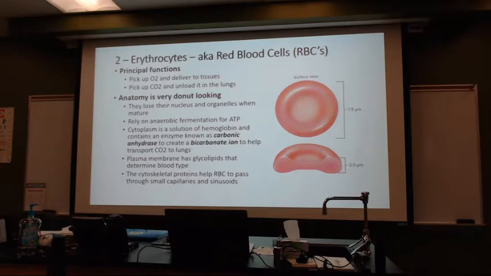All right? So once it spits it out, the job now is simply to transport the gases. First of all, it's not going to reproduce itself, make a copy, because the red blood cell is formed in the bone marrow. All right? So the red blood cells are not going to simply go from 1 to 2, 2 to 4, 4 to 8. All right? The production of them, bone marrow.